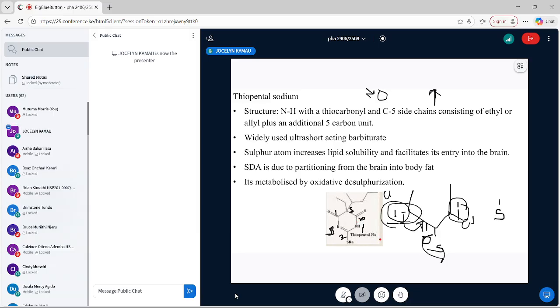Now we go to the next position, which is very important, and this is position number 5. For any barbiturate to have CNS activity, it doesn't matter whether it is an anticonvulsant, whether it's a sedative hypnotic, or whether it's a general anesthetic, position